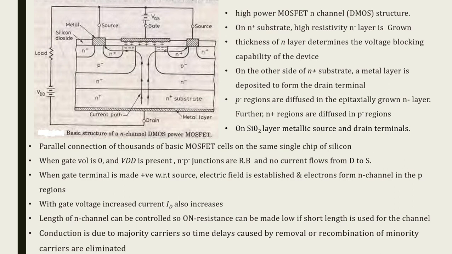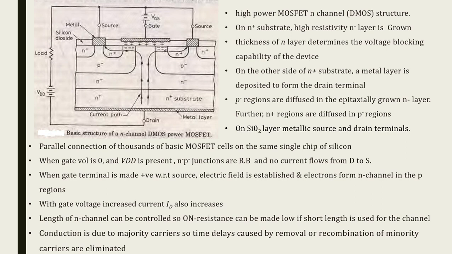and another MOSFET is shown here, that is a high power MOSFET, N channel DMOS. Okay, this is an N channel DMOS structure. Here the construction is a little bit different from what we saw in the planar MOSFET. Here also it will be a vertically oriented structure, as we have seen in power diodes and power BJT. The major advantage of a vertically oriented structure is that surface area increases, so it can dissipate more power.